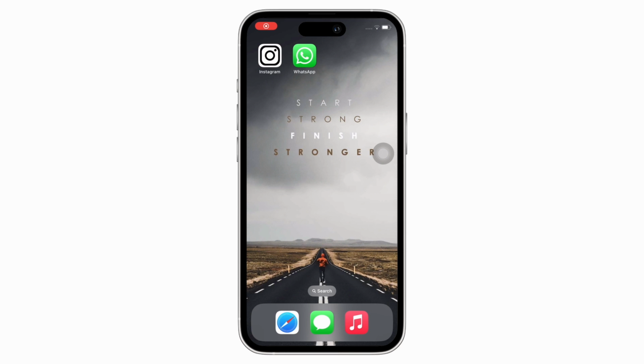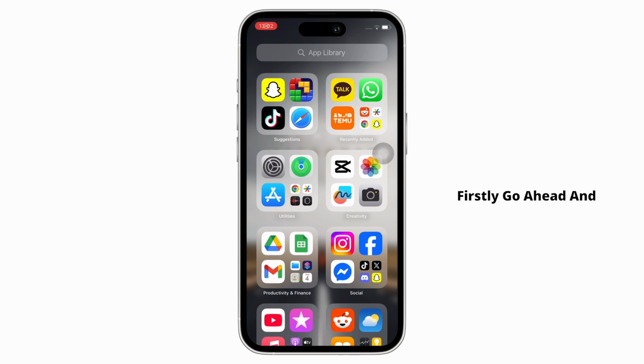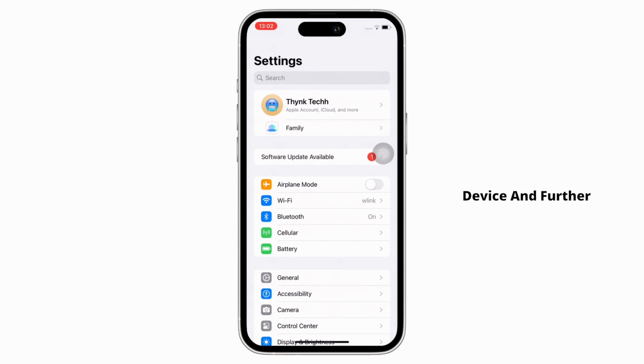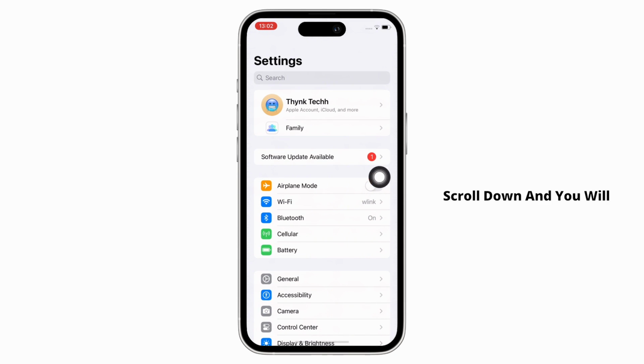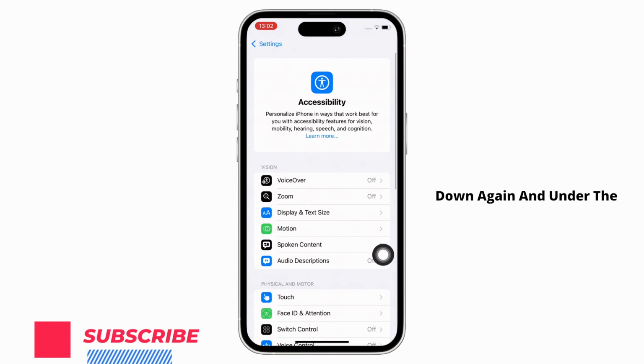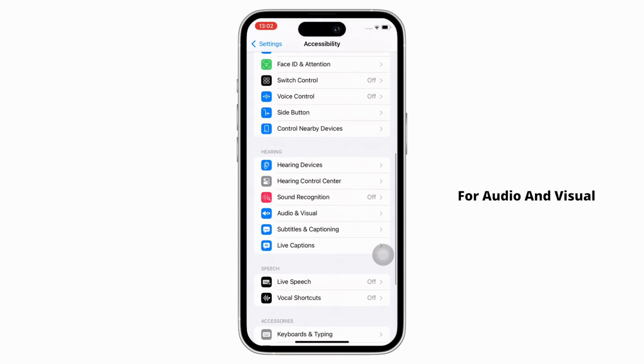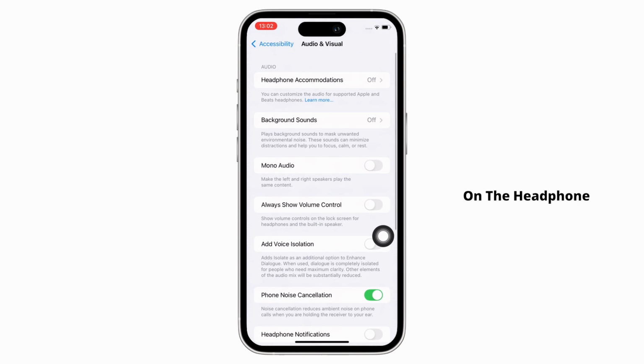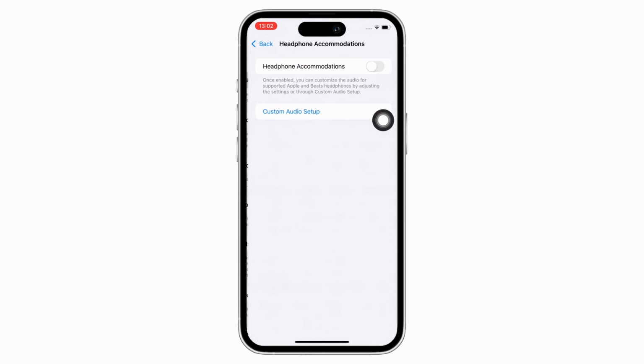Now let's get right into the tutorial. Firstly, go ahead and open the settings application on your device and further scroll down and you will see the accessibility option. Tap on that and scroll down again, and under the hearing tab, you will see the option for audio and visual. Tap on that and then go ahead and tap on the headphone accommodations option you see there